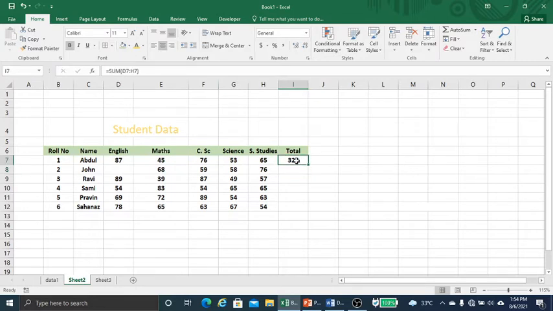Now I am showing a very useful feature: the rest of the additions we can do automatically. How? Just select this one and scroll this down. You can see automatically all the addition is done. Now here one mark is not there. When I add the mark, automatically you can see it has got added. Suppose let me add a mark 72. So automatically you can see it adds here.